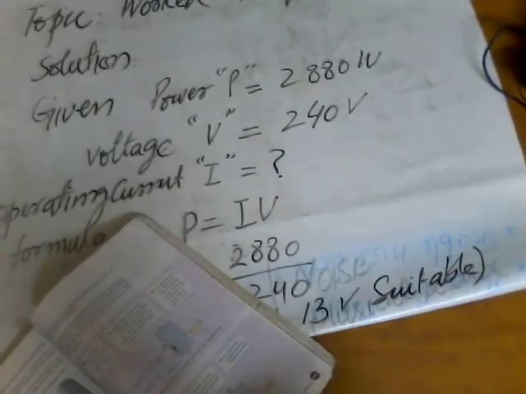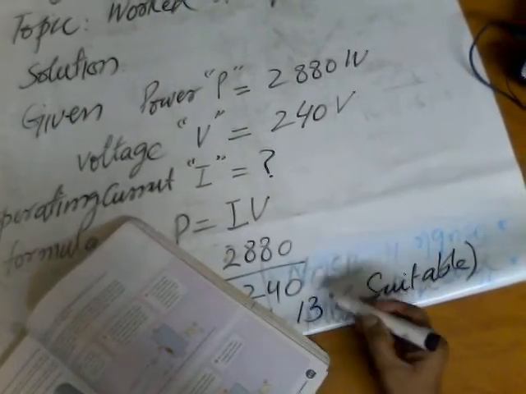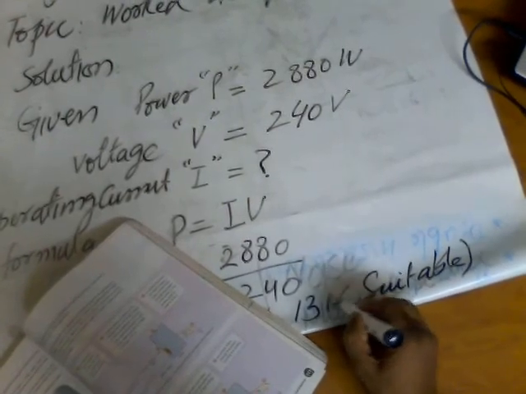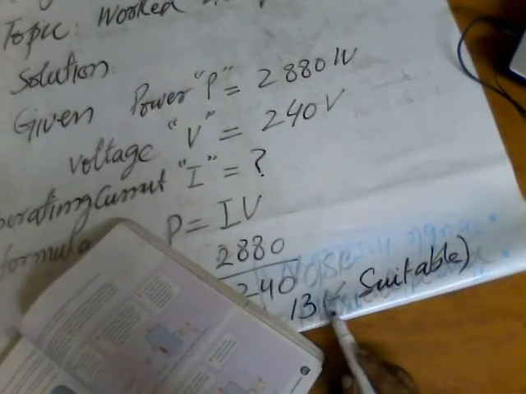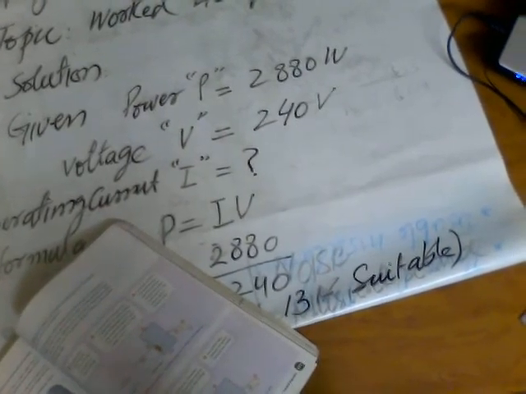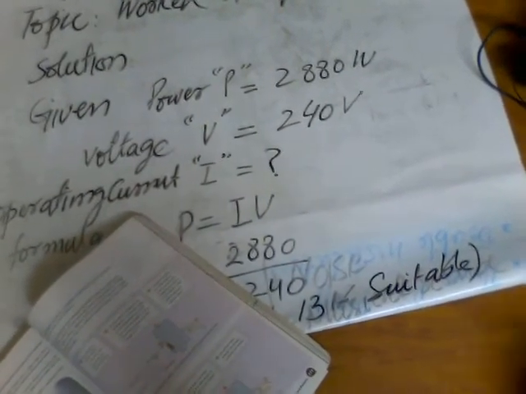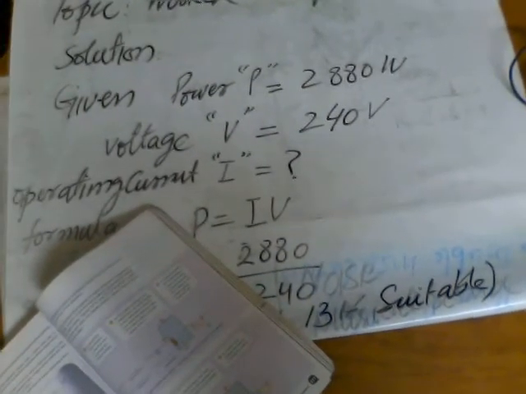Here it is ampere, A. It should be A here, 13 ampere. Now we will solve another example, that is